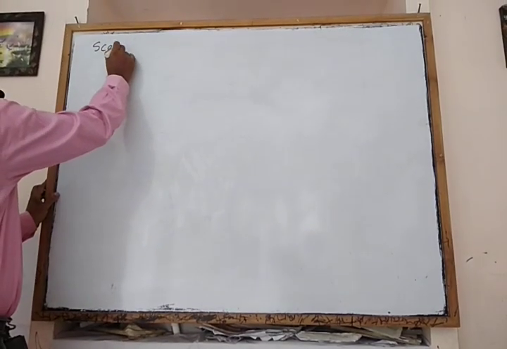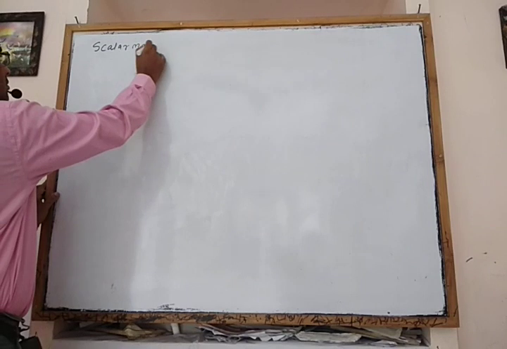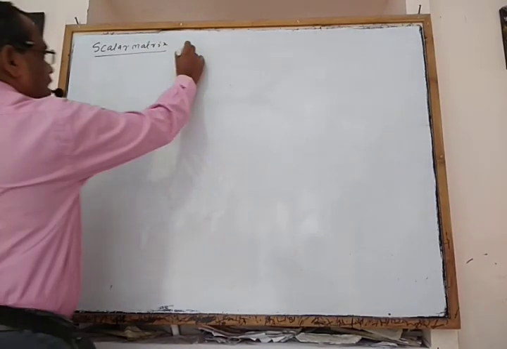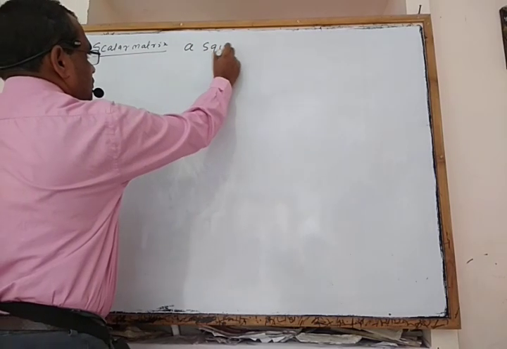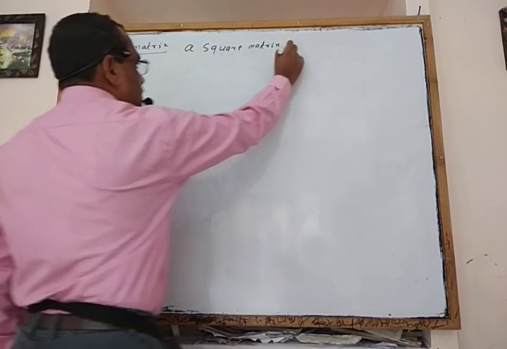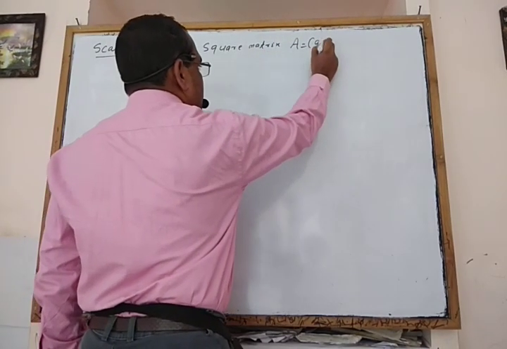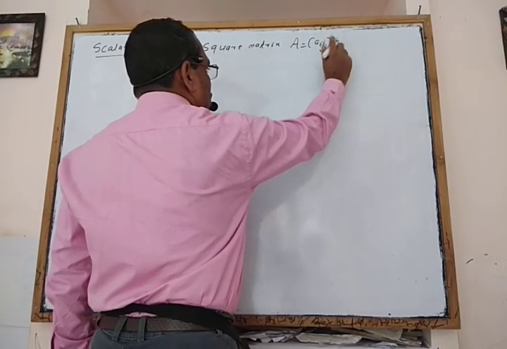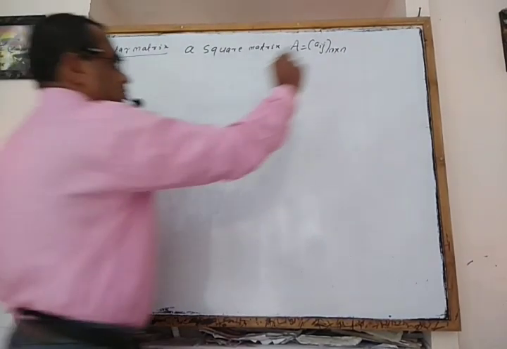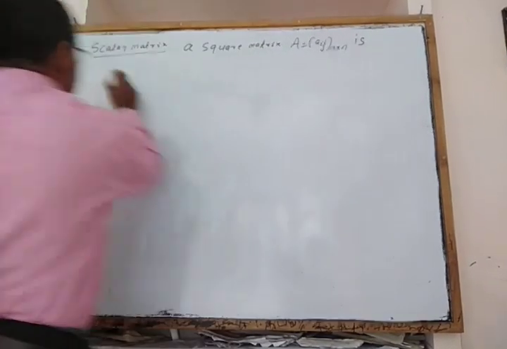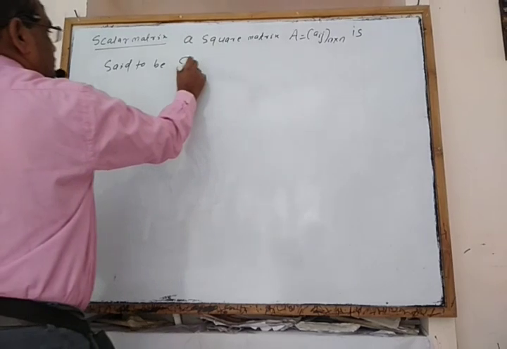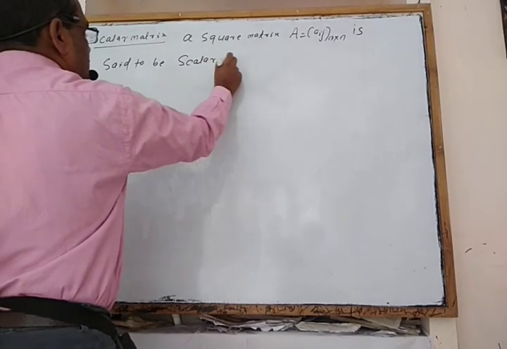Scalar matrix. So what is a scalar matrix? A square matrix A equal to [aij] of order n cross n is said to be a scalar matrix